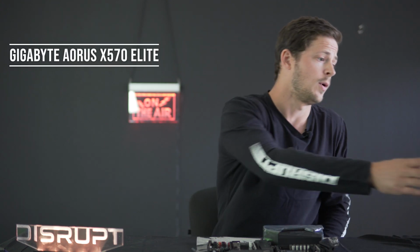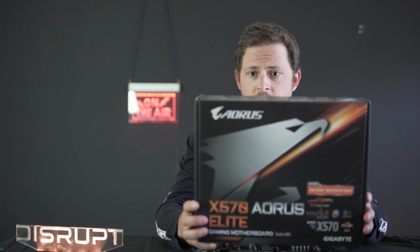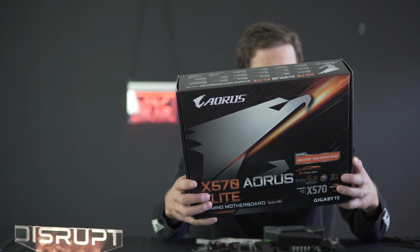So the first part we're going to go over, and always the first critical part of a PC that I'm choosing along with the CPU, is the motherboard. We went with the Gigabyte Aorus X570 Elite. This is an ATX